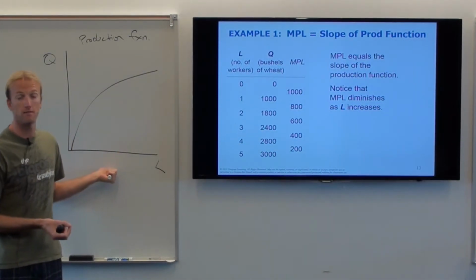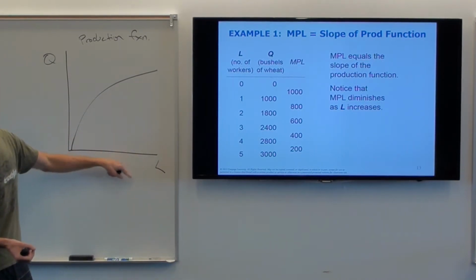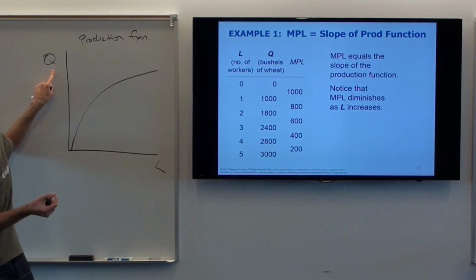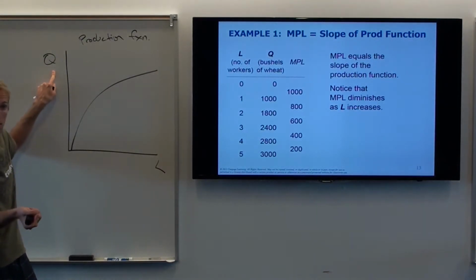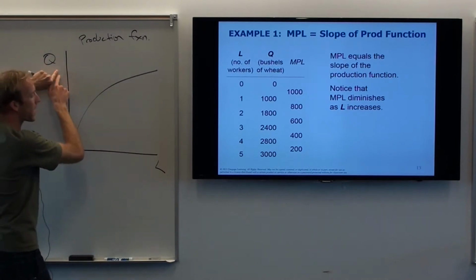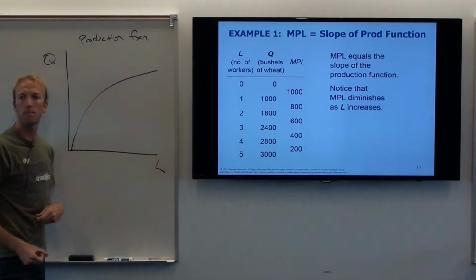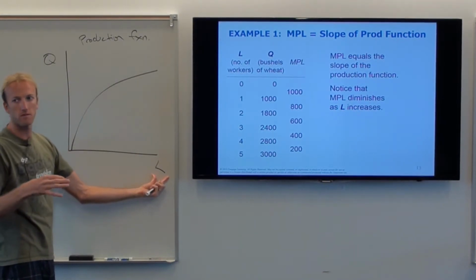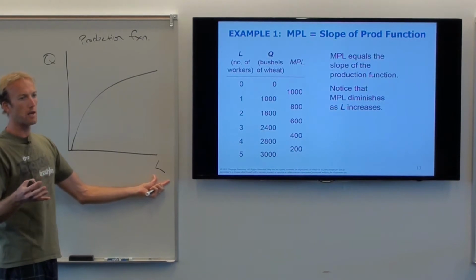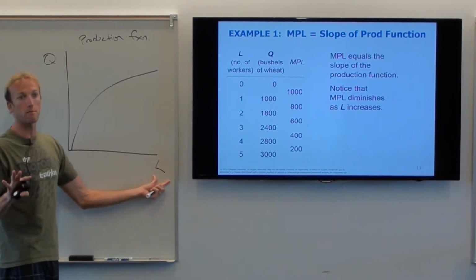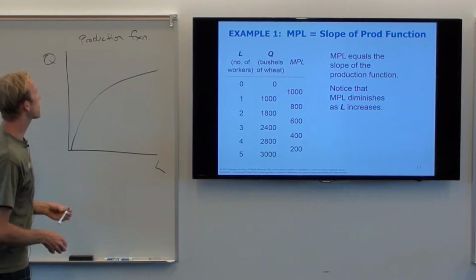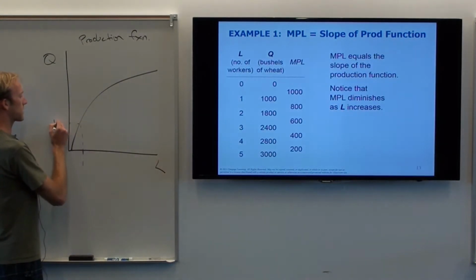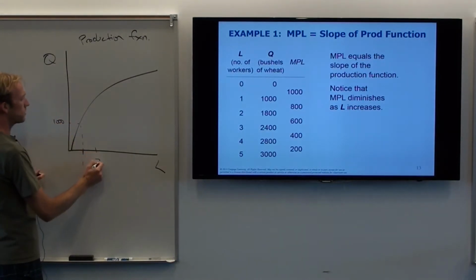This is the first time we're going to look at something that's not in price and quantity, because this is not a market. So Q, very confusingly, is on the y-axis. This is still the regular Q, how much the factory's making. On the x-axis goes labor, how much input. You could change this to another input, like the number of acres of land or the amount of seeds, but in this class we're just going to stick with labor as the only input. So you notice that at one laborer, we had 1,000, and we had 2 laborers, and we had